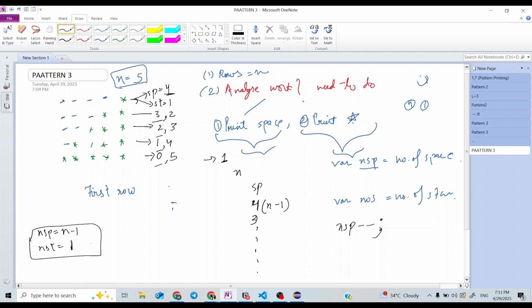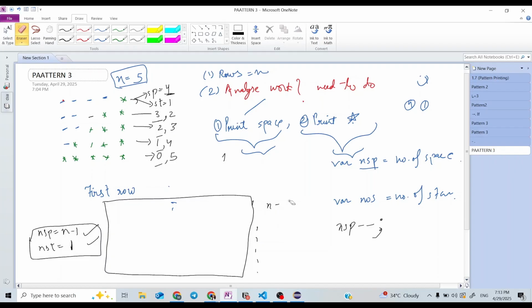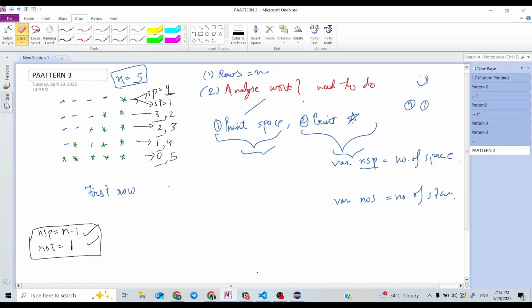In the third step, we will decide what changes or preparation we need to do for the next row. For the first row, we have decided our number of spaces and stars. So now we can start printing, as we have the count of the number of spaces and stars. First, we need to print spaces. So how can we print this?